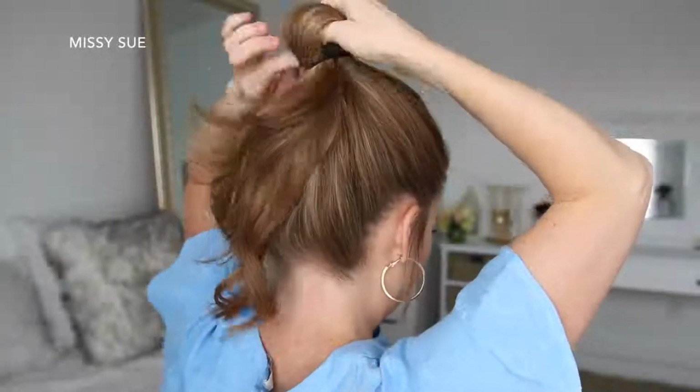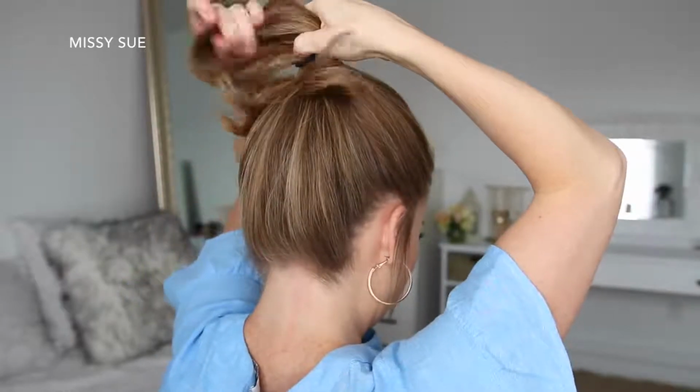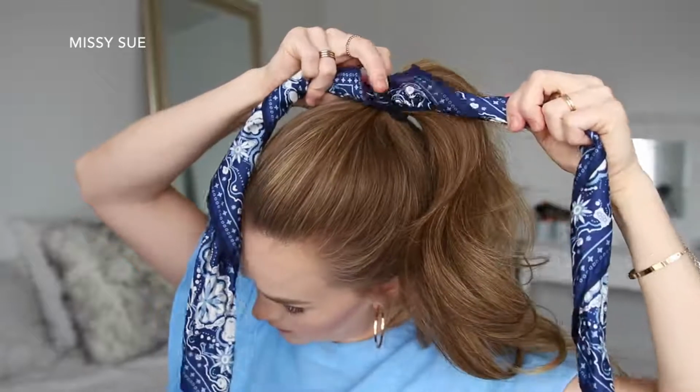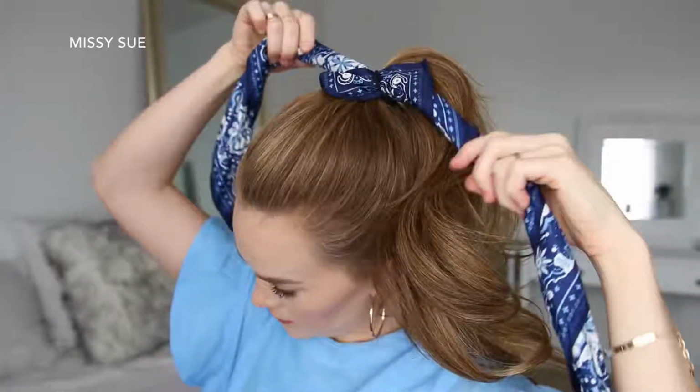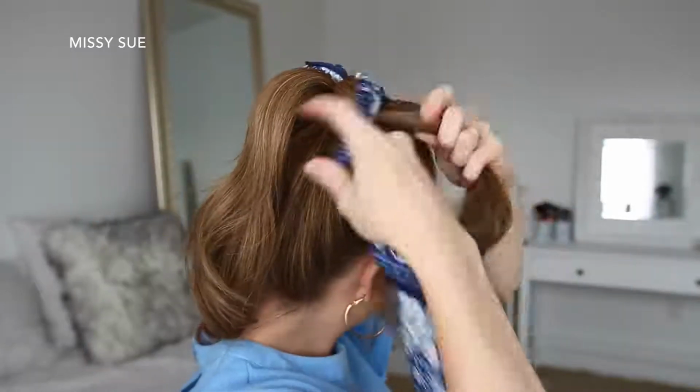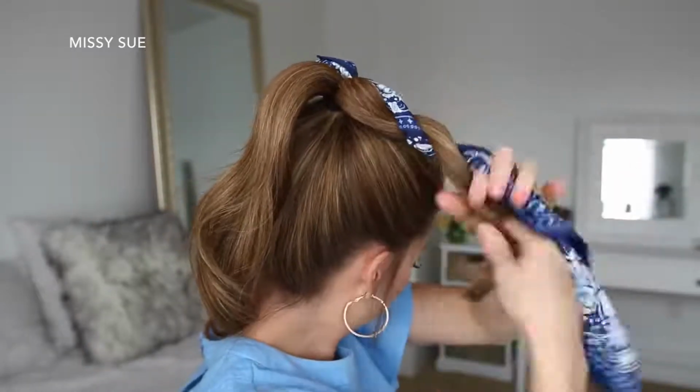For the next hairstyle, I'm going to start by placing my hair into a high ponytail, tying it off with a hairband. Then I'm going to pull my hair scarf through the hairband so the center of the scarf is under the band. Then I'm going to divide my ponytail into 2 halves, adding one side of the hair scarf into each half. And then starting with the right side, I'm going to twist the hair around the hair scarf